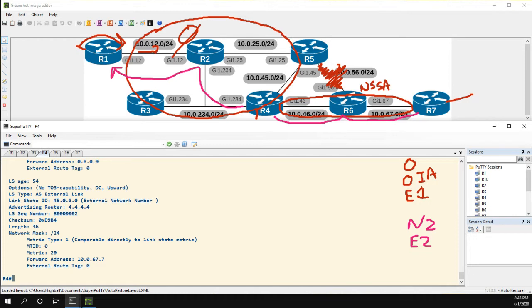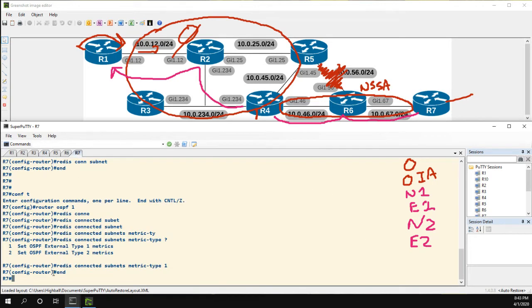Interesting. N1 over E1. And now let's confirm. So we know it prefers N1 over E1. Now let's see if it actually prefers E1 over N2. It should. In order to do this, we'll go to 7, and we will